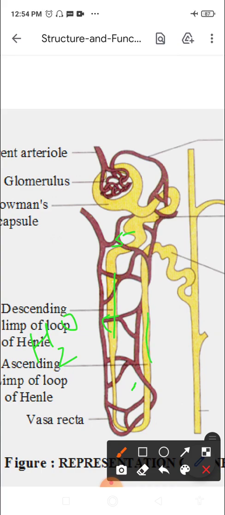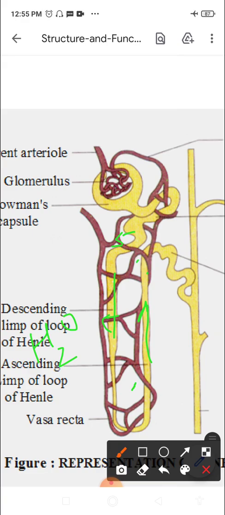Then comes the ascending loop of Henle. In this region, it is impermeable to water, right. So, the water cannot move out into the blood capillaries in this region, but potassium ions, chloride ions, sodium ions, and partially urea, it is partially permeable to urea, right. So, this moves out. In the thick ascending loop of Henle, sodium, potassium, calcium, magnesium, and chloride are reabsorbed. So, that enters the blood capillaries here. Then the filtrate becomes hypotonic to blood plasma, right. All these things are removed from there.